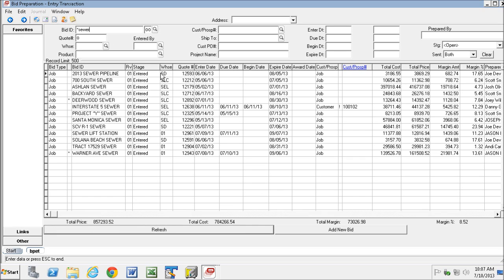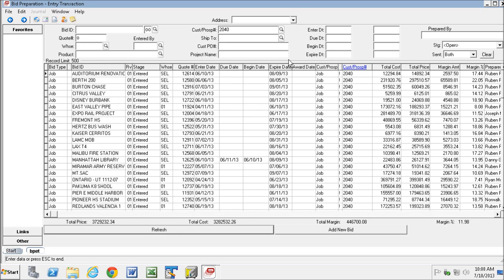Another neat feature of this initial search browser is the ability to add up lines or bids that are displayed. So if we search, for example, for all Bally's bids, open bids, we get a list of them right here,